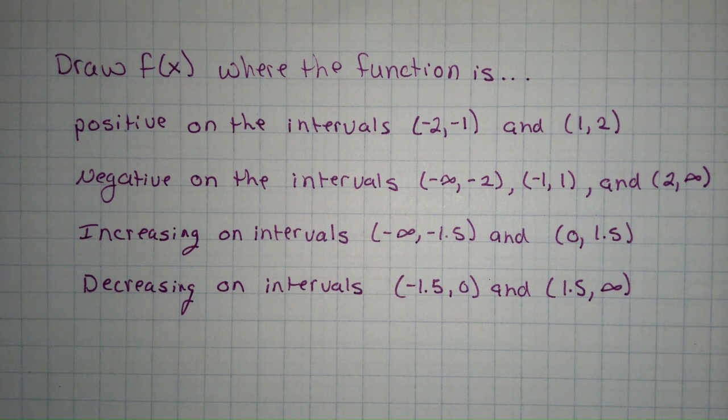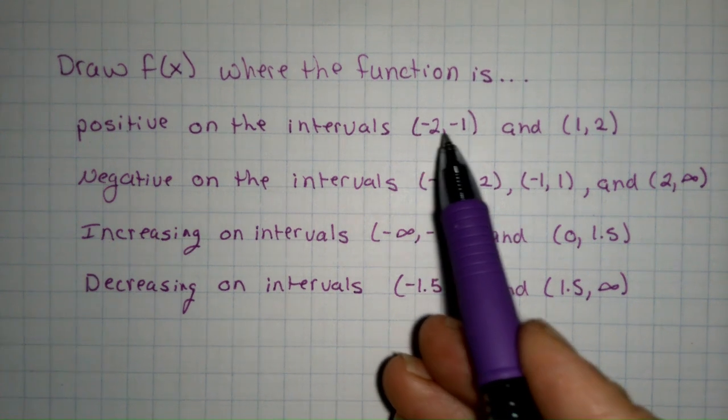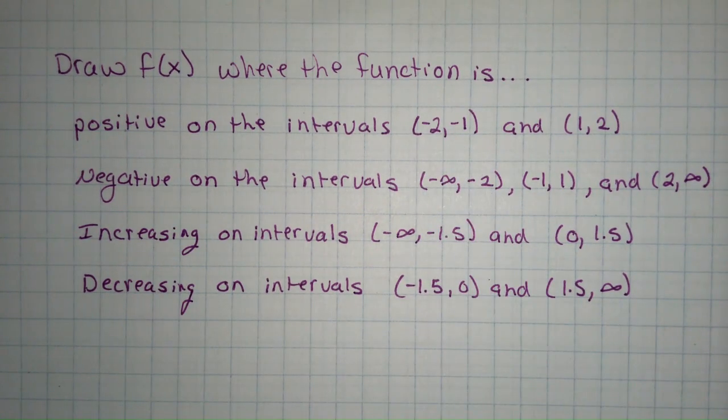You might find textbooks go ahead and describe an image to you, and they want you to draw it. In this case, they want you to draw a function that is positive on intervals, and they give you 2 intervals. Those are not ordered pairs, those are sections. Anytime they talk about intervals, they're giving you the domain of the interval, meaning x values. So what they're saying is positive between -2 and -1. So what does positive mean